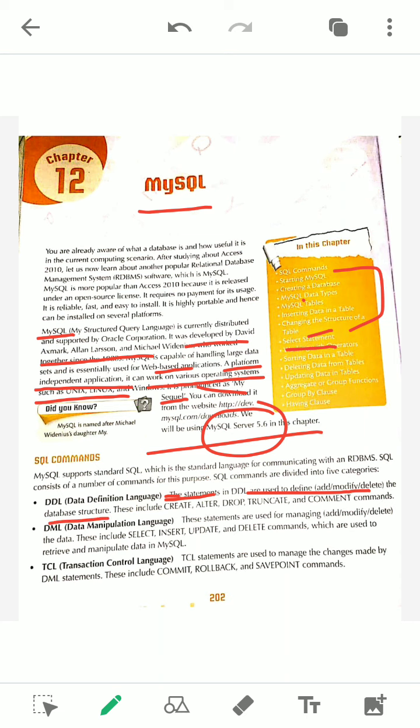You have to write DDL. So if the statements are used to define the structure of the database, or database structure, you have to write DDL.